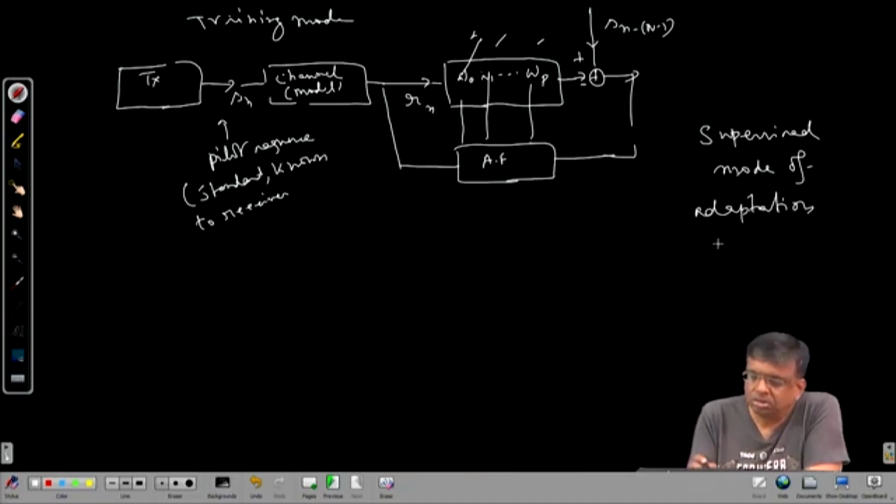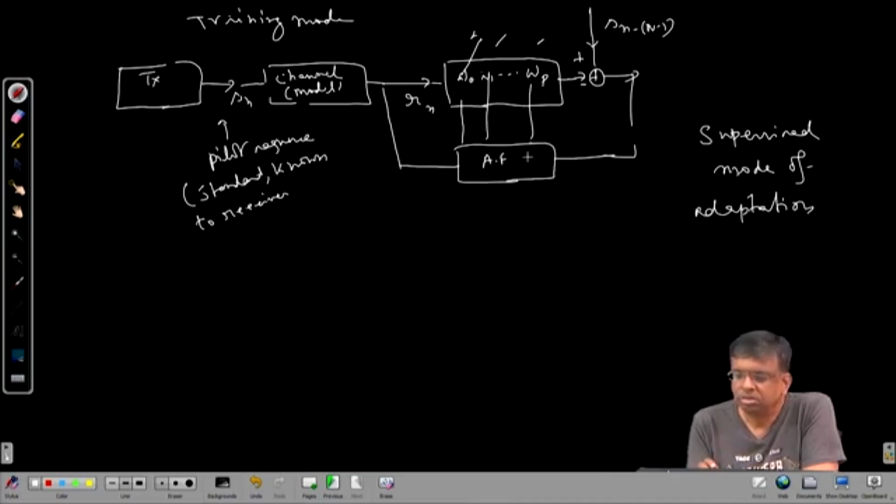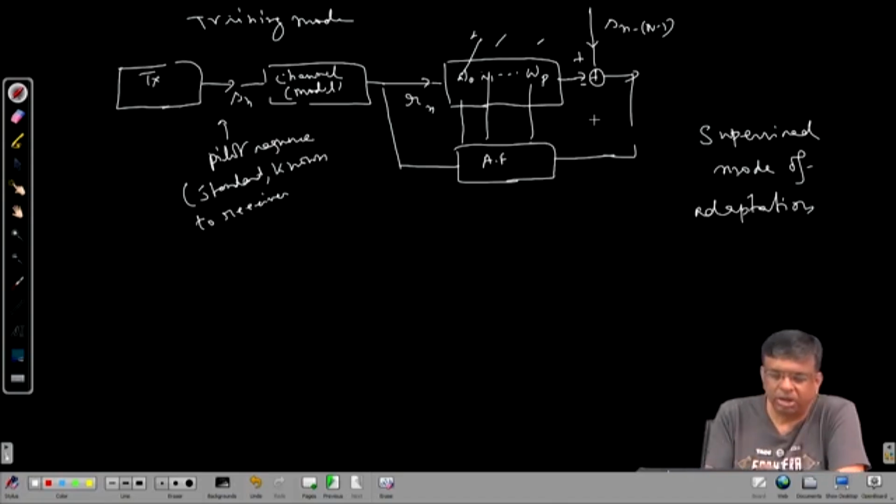Supervised, because this is a supervising signal. The desired response is already known to the receiver, it is stored in the receiver, because this is a kind of constant universal knowledge. It knows what was transmitted. From its own storage it uses this, and this is a kind of supervisor which helps in carrying out the supervision, adaptation. Now, after the training mode,